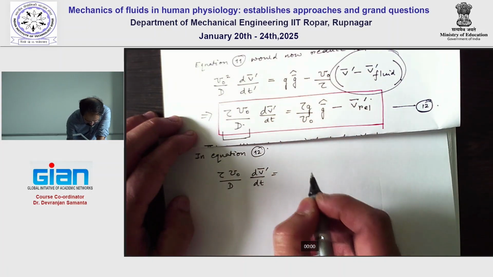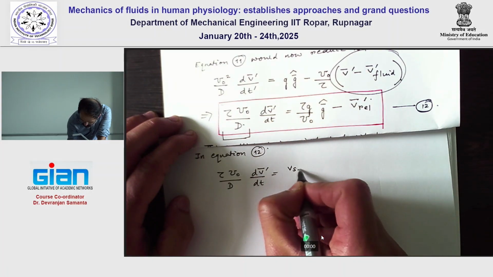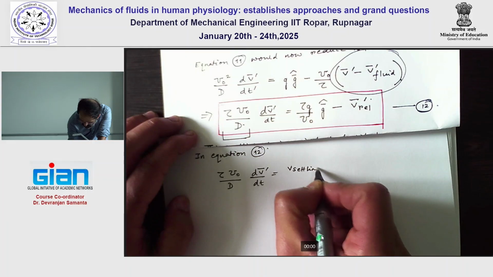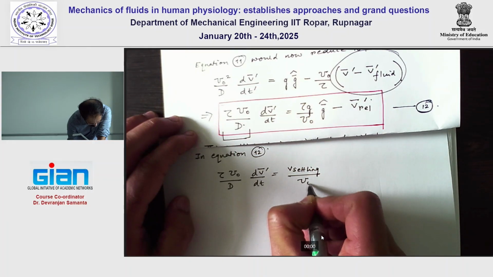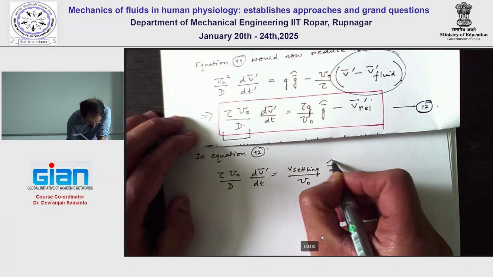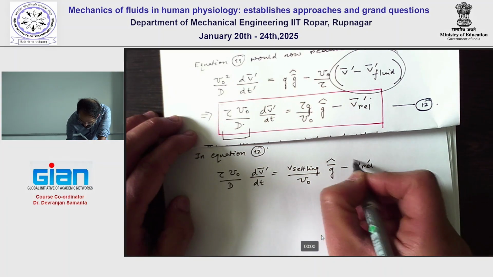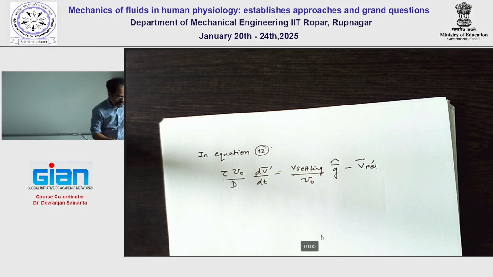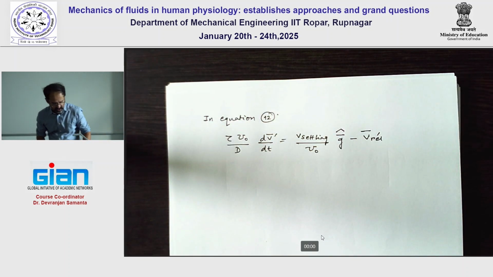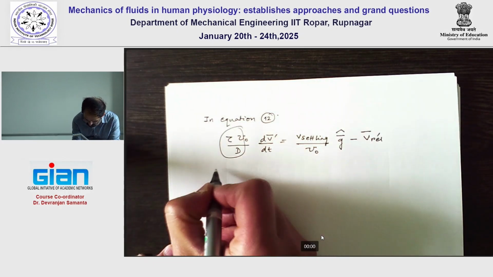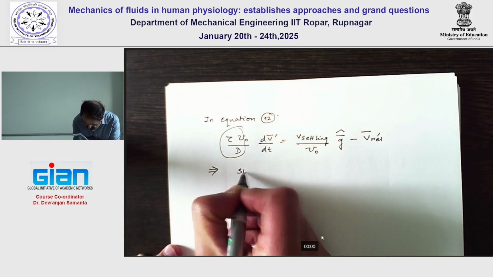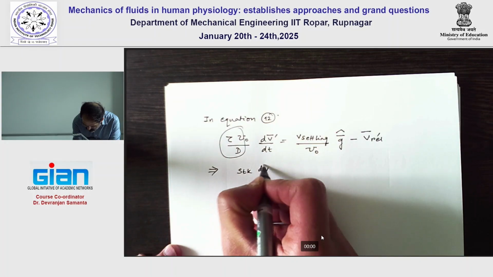This tau g is V settling, we just found out. So tau g is V settling over u naught times g bar hat minus v relative bar. Let's write this as Stokes number, which is what we already found out. So this is Stokes number times dv prime dt